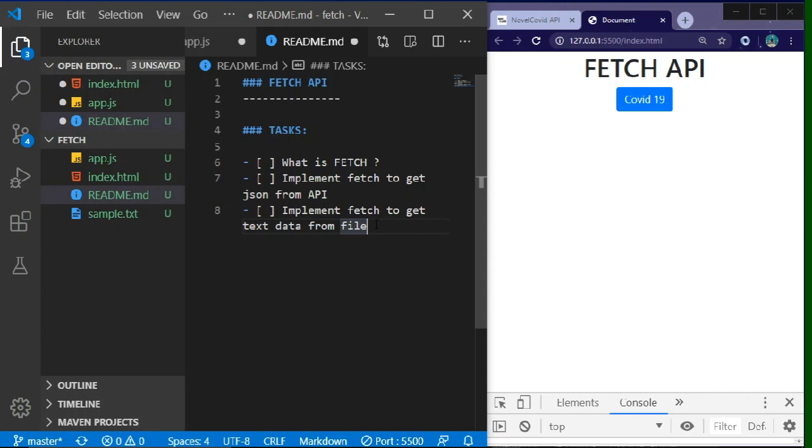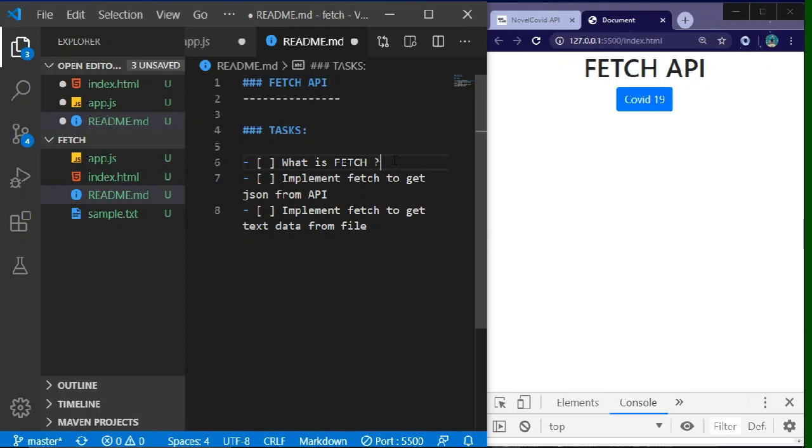So using fetch, user can make network requests from the web browsers to servers. So you can make network requests for so many tasks, like if you want to download any particular content from any website, or if you want to get JSON from any API. So for all those tasks you make network request.